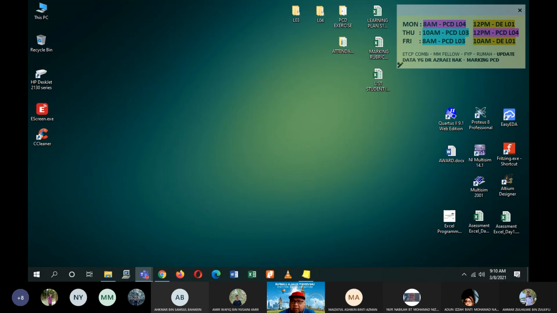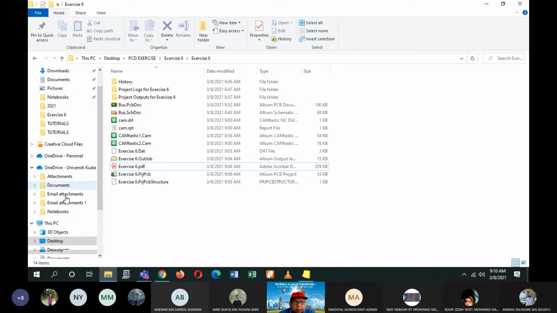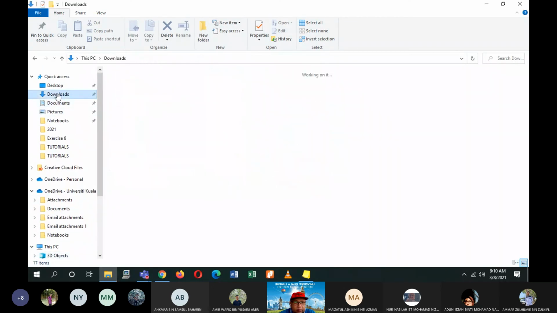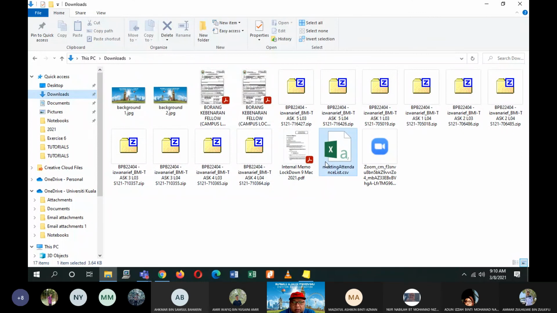I'll download the attendance list first. Okay, it's already there. Just a reminder for those who haven't submitted any of the tasks. Might be that you haven't submitted all of your tasks from task 1 until task 5, or some part of your assignment. Some haven't submitted task 5, some haven't submitted task 4.